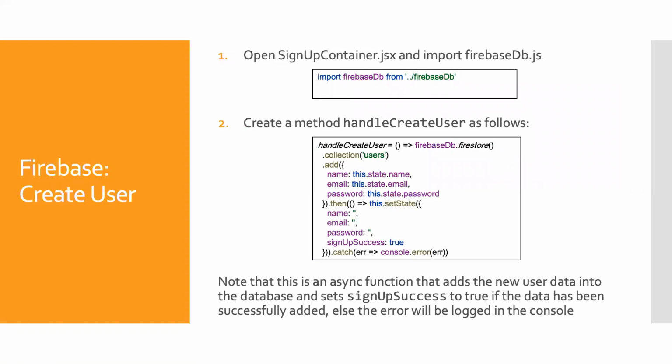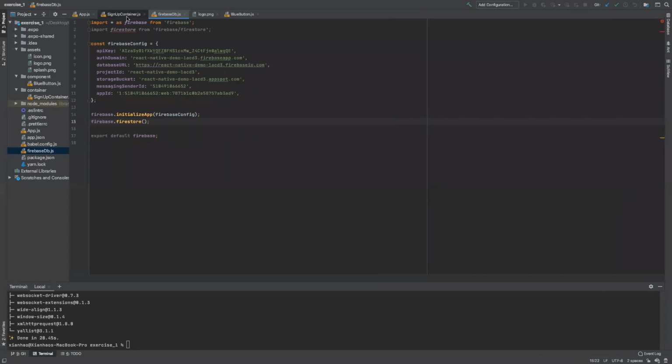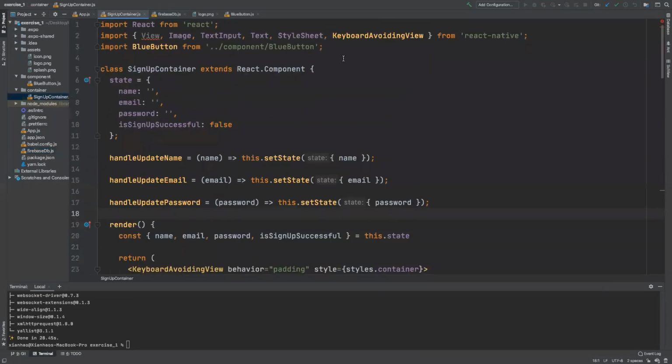Okay, so now we have set up our database configuration for our app. So the next thing I will have to do is create the CRUD operations. The first thing that I have here is creating users. So what you're going to do is firstly import Firebase DB from the configuration file that you have set up earlier. For instance, in my signup.container, I will do a